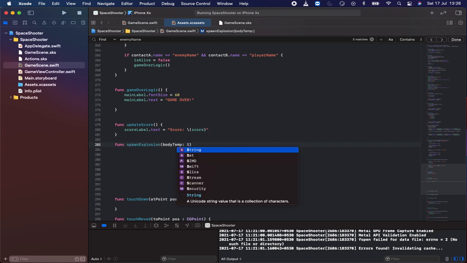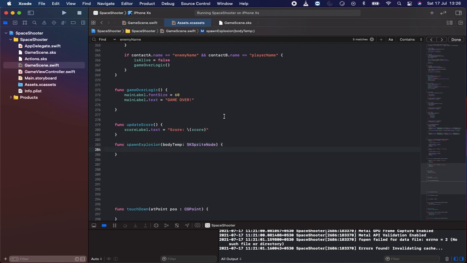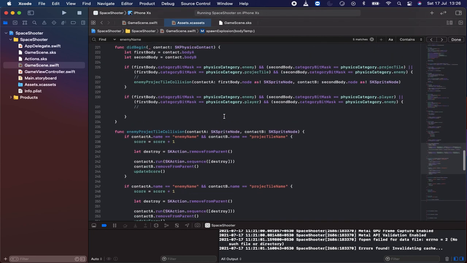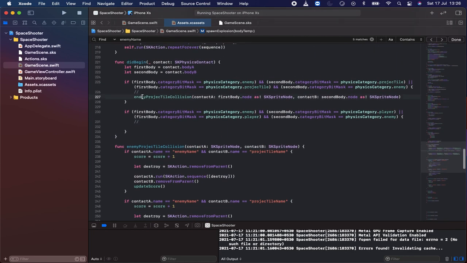Actually, this is for the sprite node to know the location at which this collision can happen. Before we go in here, let's do one more thing. Here we have written enemy projectile collision. Now I need to write here the player enemy collision, which means the contact body,